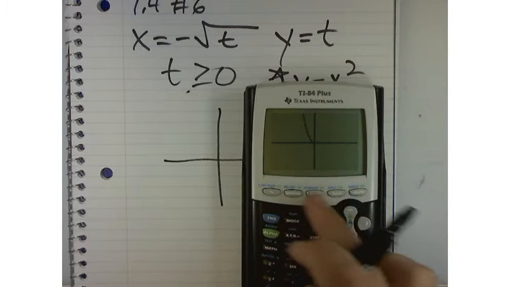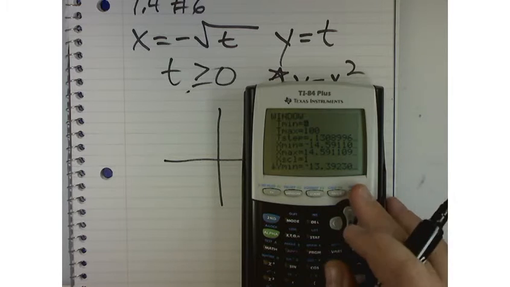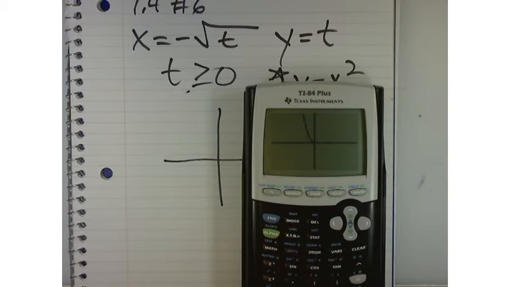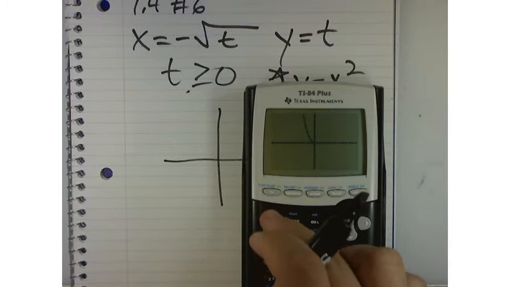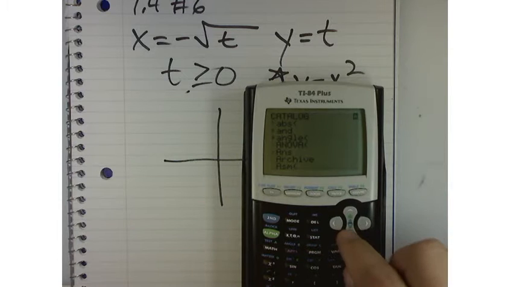I'm going to come back in here to the window. Watch how it draws it on the calculator, because that'll show you the initial point and the terminal point. When I hit graph, watch what you see. Oh, we got to clear it out. So if I go to second catalog and I come down here,